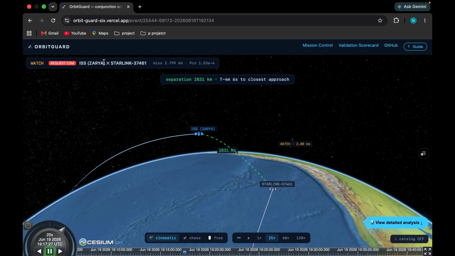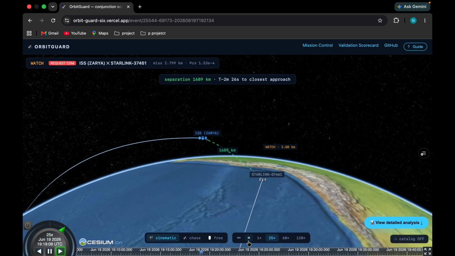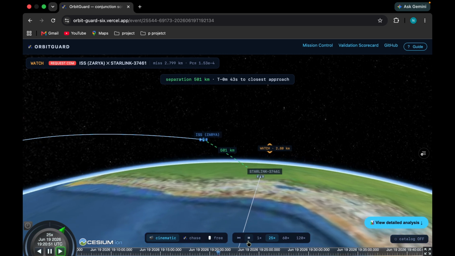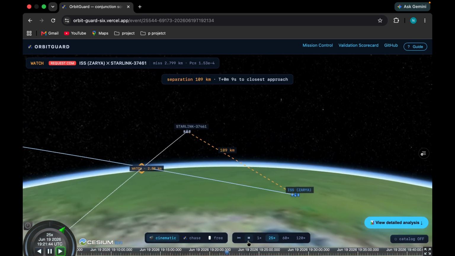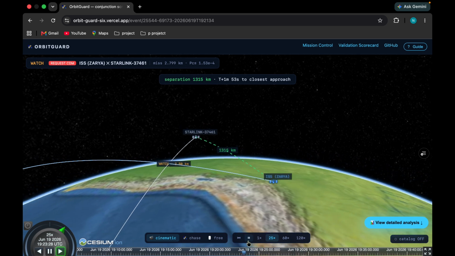A CDM is a conjunction data message, the high quality tracking data. Wait says you are safe and watch says we are not sure yet, so go get better data. The tool tells you when a number can be trusted and when it cannot.